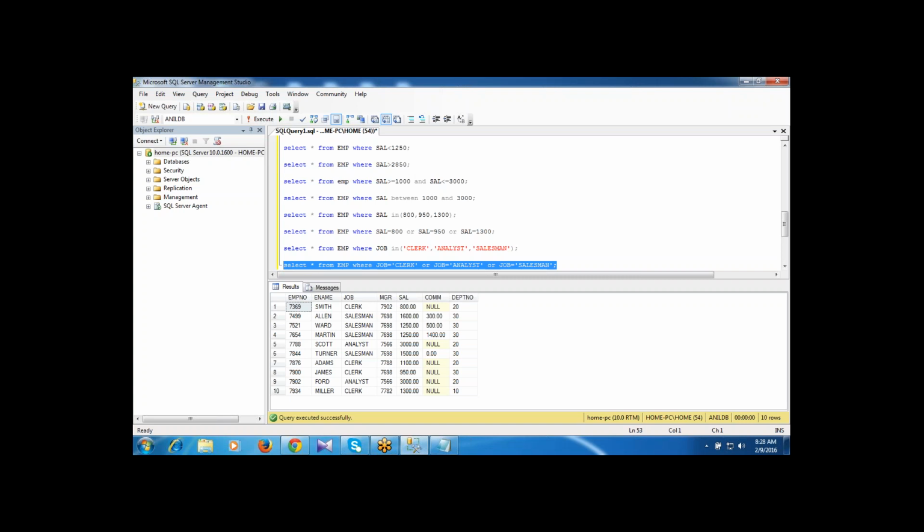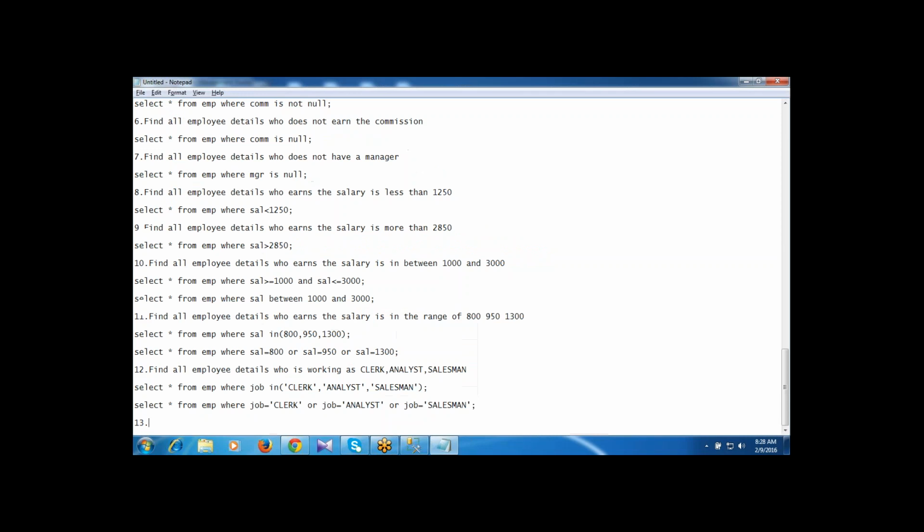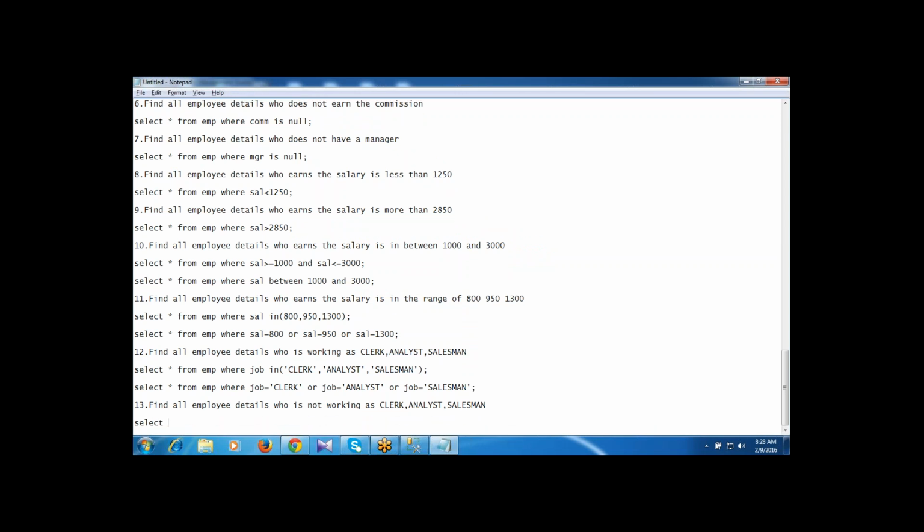Right? So here I'm writing, find all employee details who is not working as clerk, analyst and salesman. Let's select star from EMP where job not in clerk, analyst and salesman.